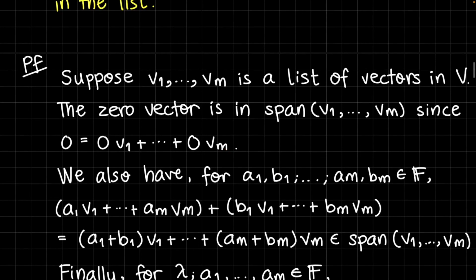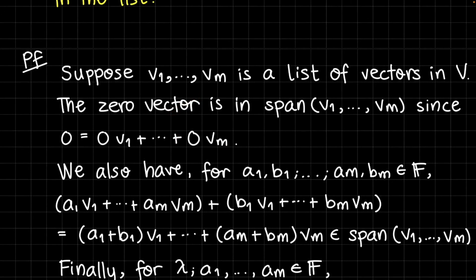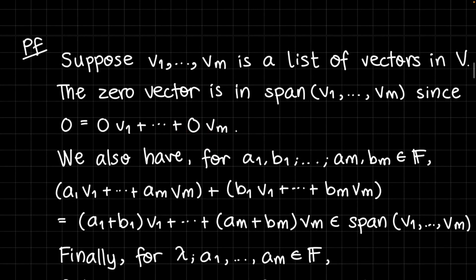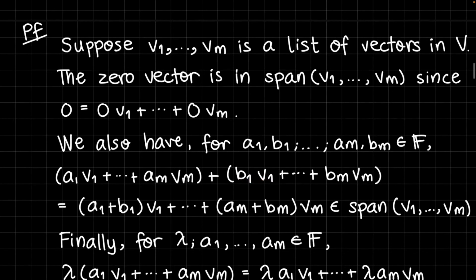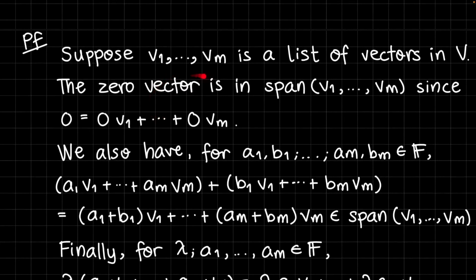And to do that, we have those three criteria from the last video, that the 0 element should belong to the linear subspace. It should be closed under vector addition and scalar multiplication. So suppose v1 through vm is a list of vectors in V. The 0 vector is in the span of v1 through vm, since you can write the 0 vector by taking the zero